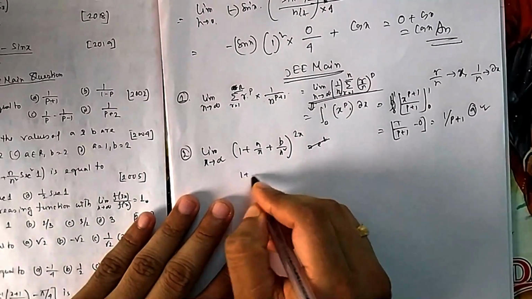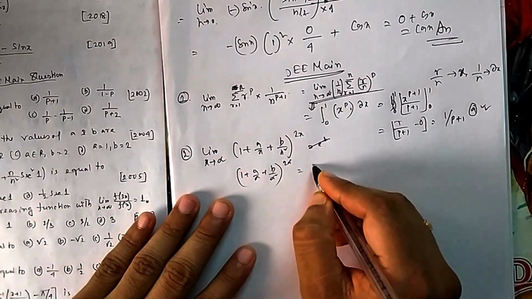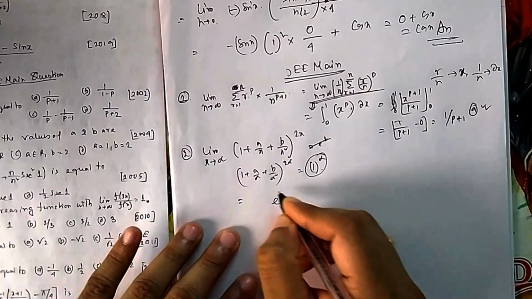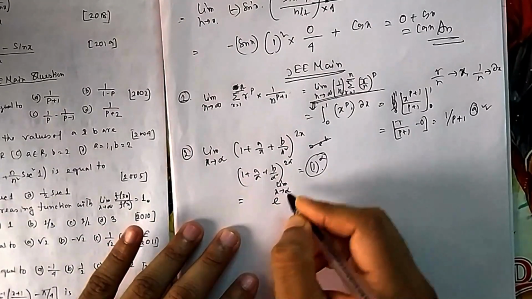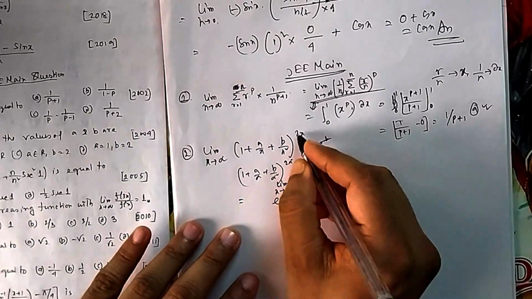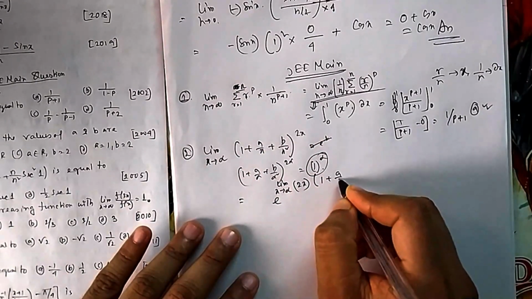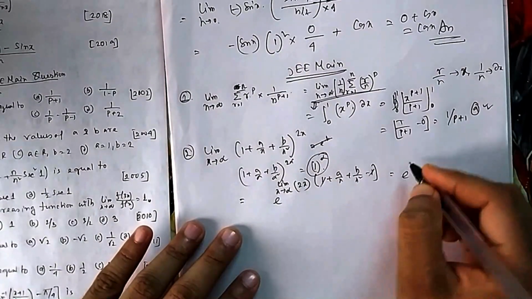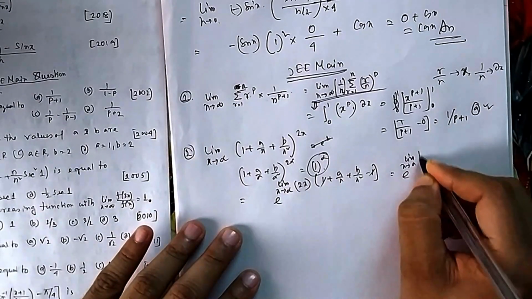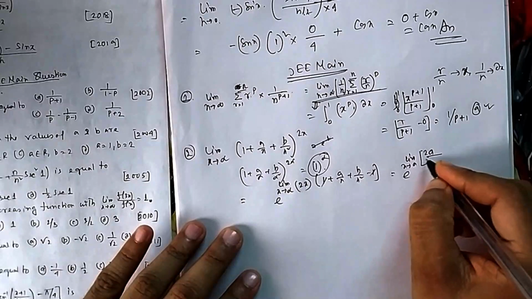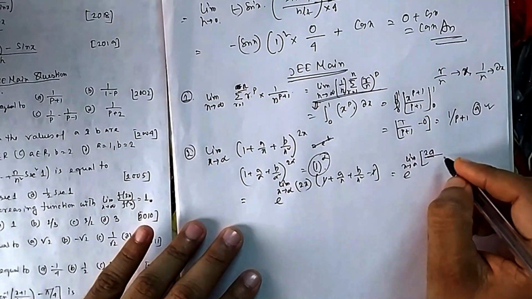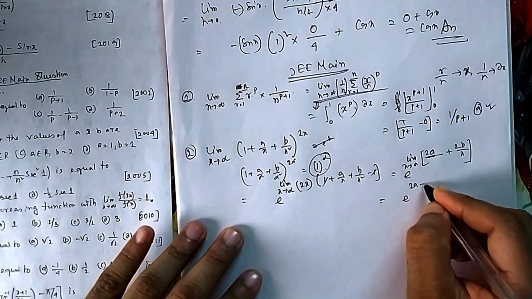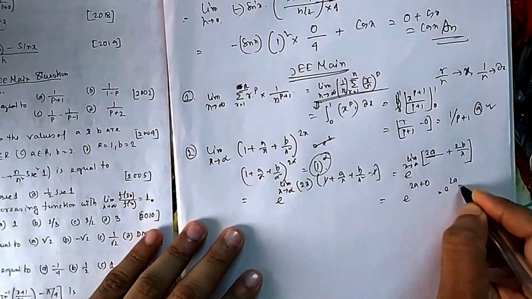So I told you, put infinity and then check. It will look like 1 plus 0 to the power infinity. If this is the format, then what was the idea? The answer is e to the power, limit will be there as it is, power into base minus 1. That was the shortcut. You remember the shortcut, or you see the theory one more time. Then if you multiply with x, it is limit x tends to infinity, the 2a by x will get cancelled, and here it will be 2b by x. So now if you put infinity, e to the power 2a, and b by infinity is 0, so e to the power 2a, which is given as e to the power 2.